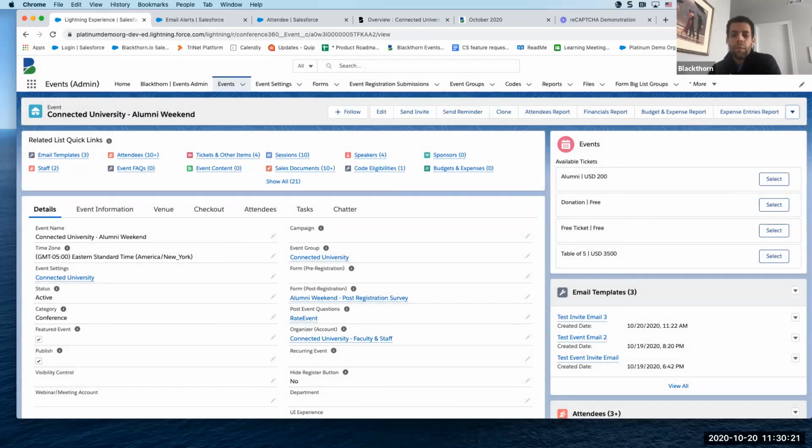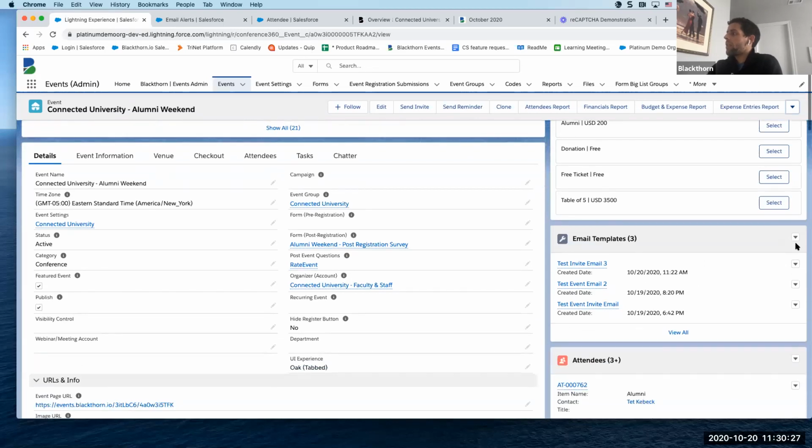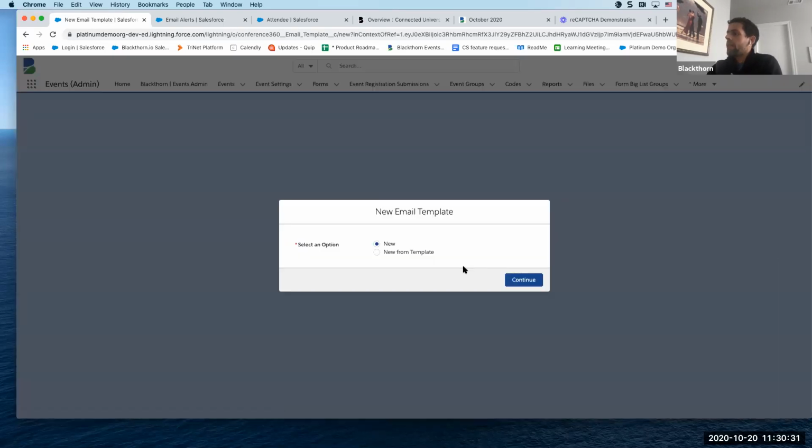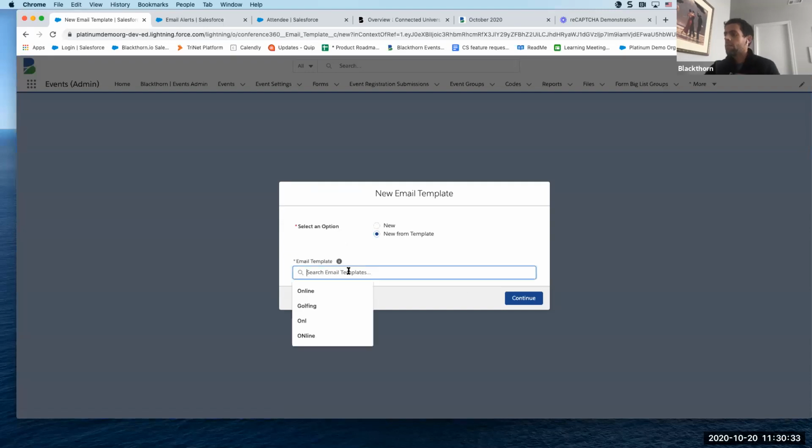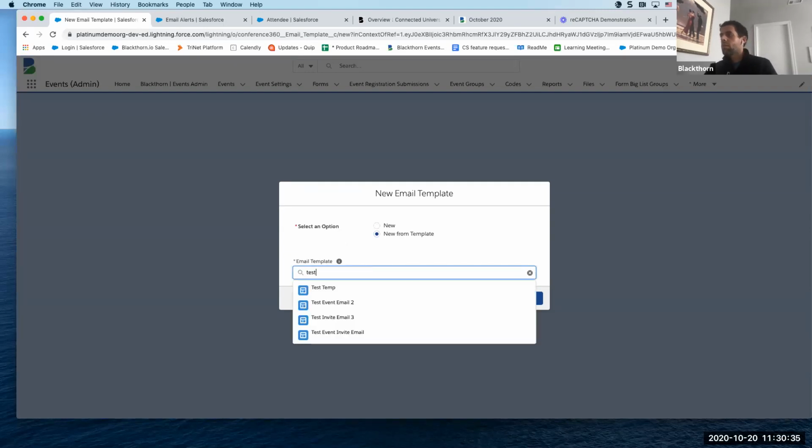Oh, and a quick comment from Aaron. Once you create a name, a template, it's available in the lookup when you create from new. So let's actually go in and click email template. And we'll click new and then new from template. And you can actually select one of those new templates that you created and then use it from there. So I think that was a question from